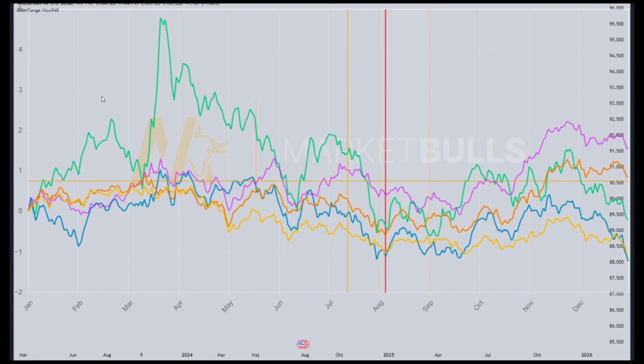So this is the seasonality for the DXY, the seasonality for the US dollar. What you can see now is precisely on all of the data sets, being 20-year data, 2-year data, 5-year data, 15-year data, and 10-year data combined, that we usually consolidate during August, and this is precisely what I think we'll do as well. But you can also see that we usually tend to create a low and then reach higher for the rest of the year, which is interesting, and which is precisely what I think we'll do for the DXY.